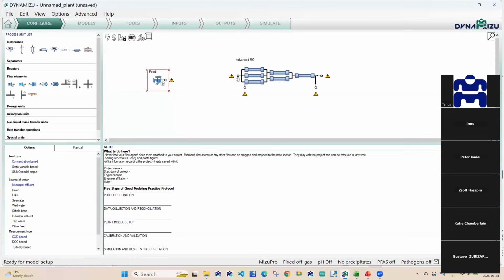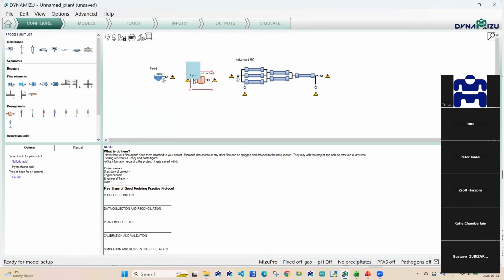I want to add a pH control because, as you'll see in a moment, that pH control is very important for RO. I'm going to go to the dosage units, and in dosage units, you'll find we have an inline pH control. This is a very important unit to have in drinking water because there can be pH controls all over the place. We don't want to put individual controllers together, but you can put an inline controller and